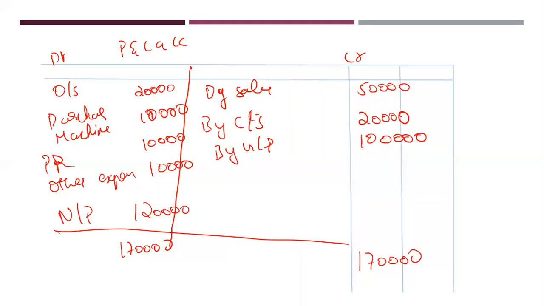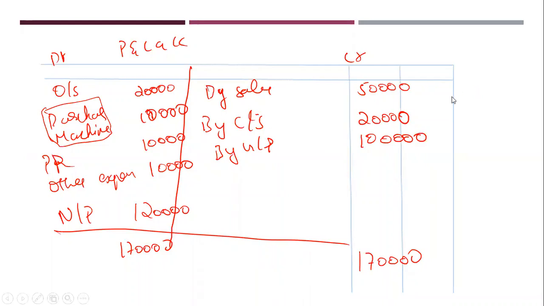Okay, now the income tax says the capital expenses, whatever you are considering, you can't consider in the profit and loss account. Capital expenses, that is purchase of machinery, it is an asset, right? It is a capital expense, right? So you can't consider it. It is an inadmissible expense. So how can you reverse it? You can reverse it in this way.